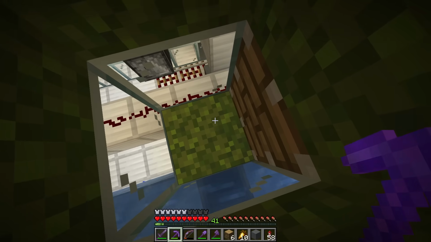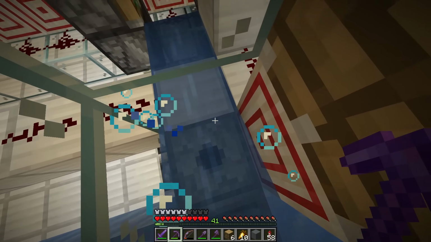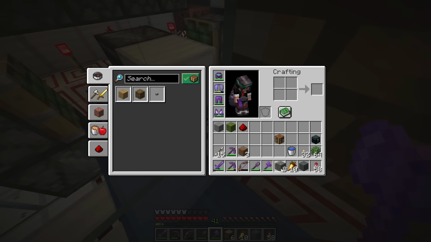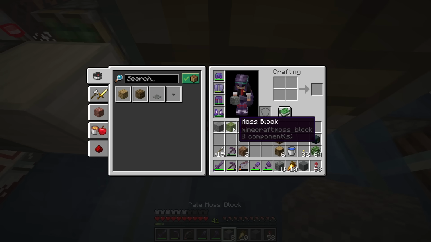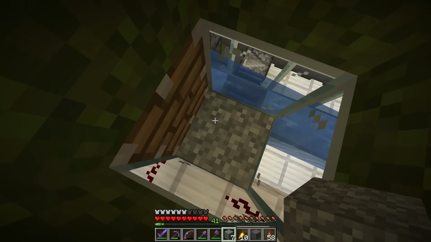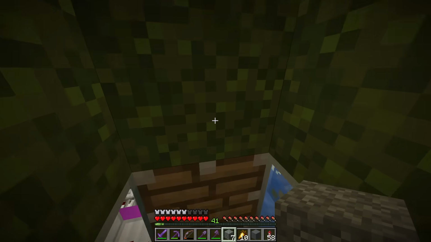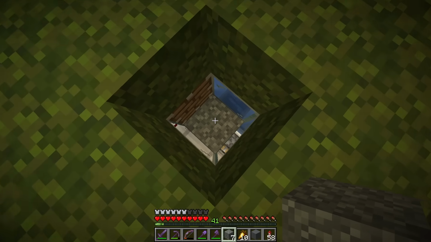I think this might be it. Let's see. If I break this... Oh, okay. That is bad, actually. Yep. Not good. But if we break this, we get the moss block back. If we place this down, now I think it should grow. If I replace that redstone and whatever else broke down there, I think it should grow...